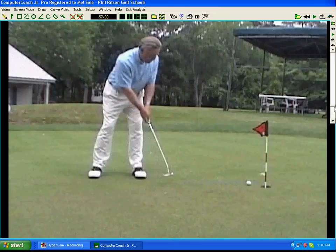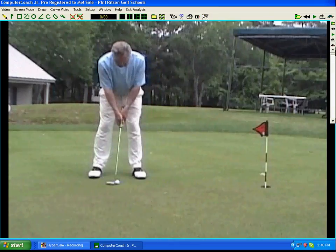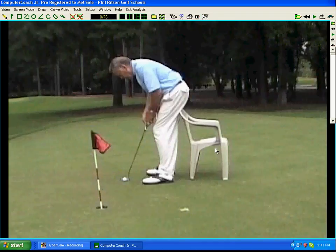of movement. So I want to give you a little drill that you can do at home in your living room that's very, very easy, that'll help you get the feeling of staying nice and steady over the putt. Alright, so here's what I want you to do. I want you to take a chair. I'm using just a plastic lawn chair here, but in your living room you can take any chair, and the first part is just to sit down on it like I'm doing here, and